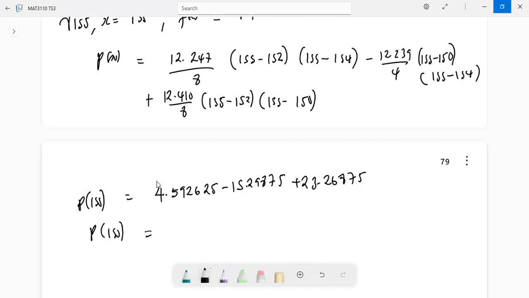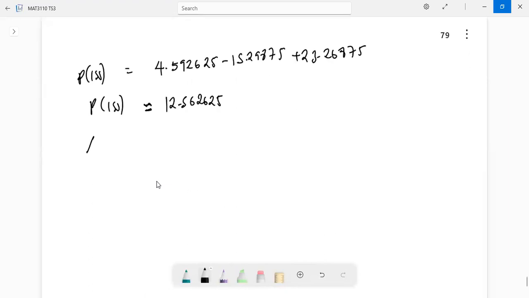So this is giving me an approximate value of about 12.562625. And the actual value of the square root of 155 is approximately equal to, so thank you so much, 4.4498. Okay, so